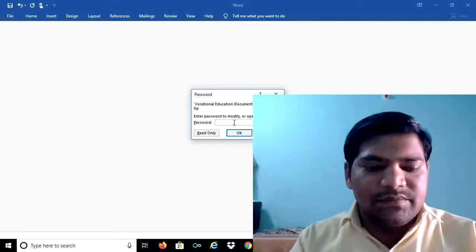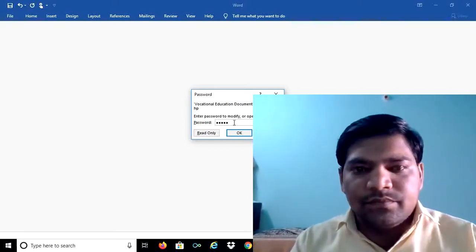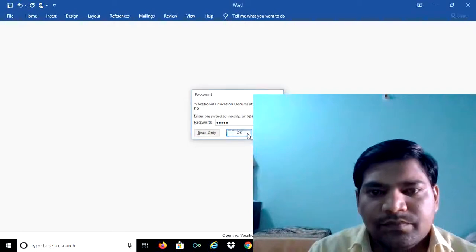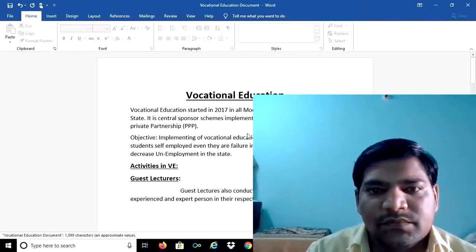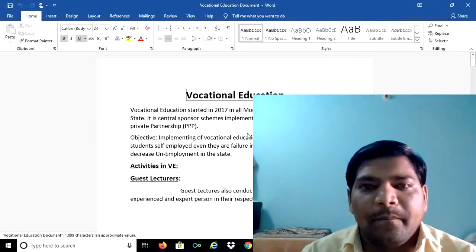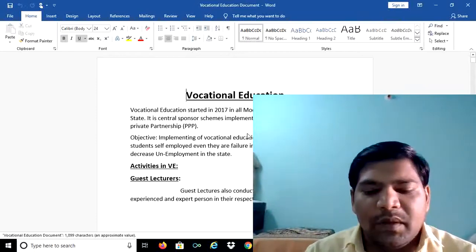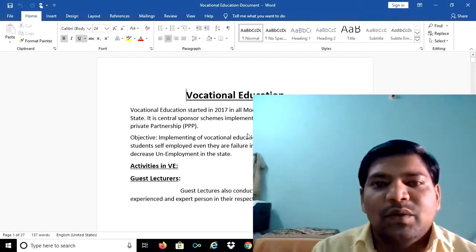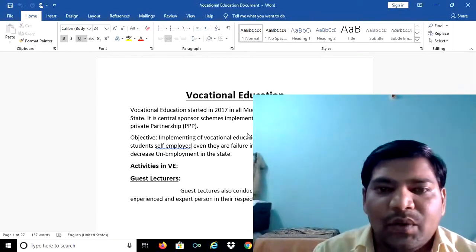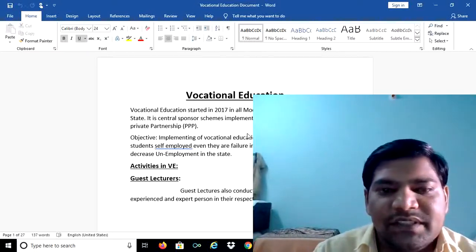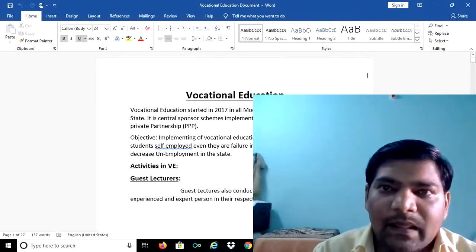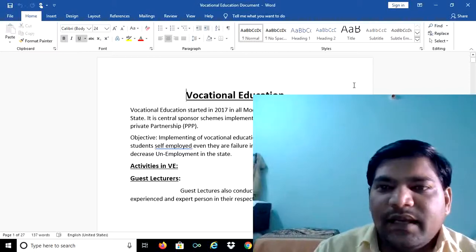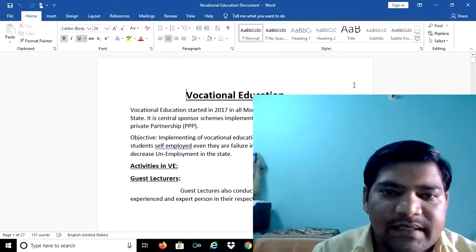Re-enter the password. So the file will open. The main use of this password protection is so that other persons do not use or edit what is personal for us. So this is how to make a password for an existing file.